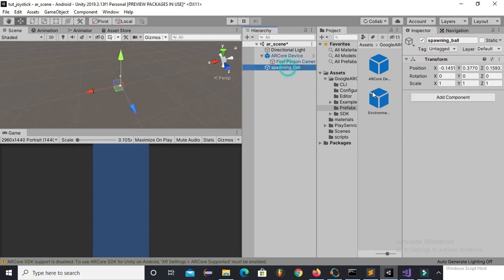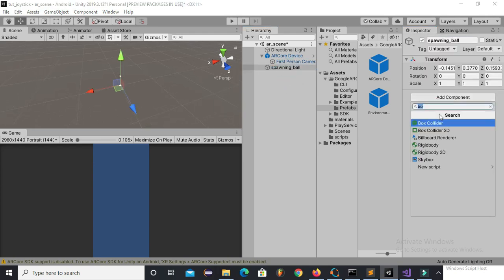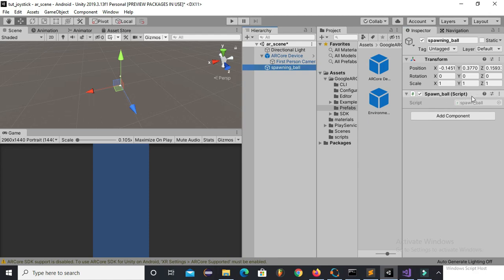Here I will add a component, a script, and the script name is spawn ball. Now we have created this script, and we will open it in Sublime.